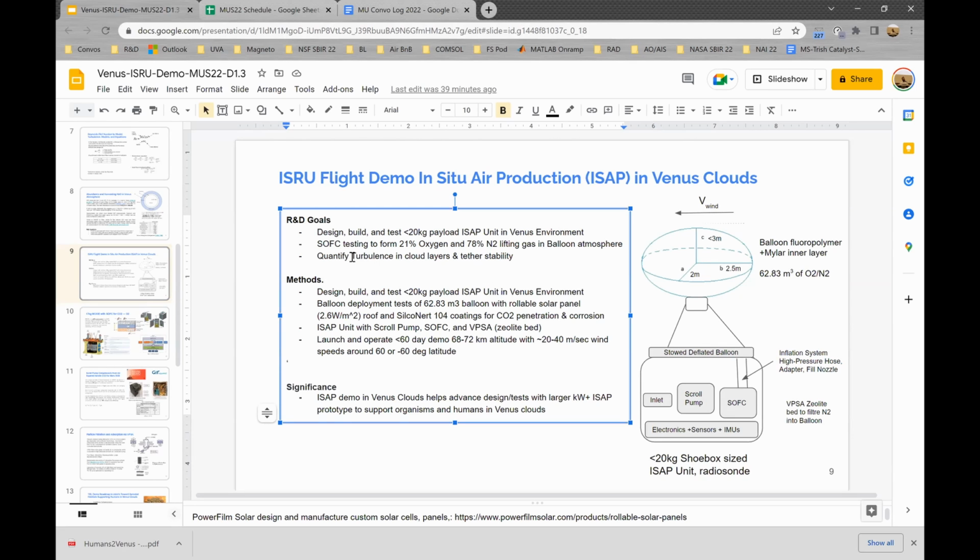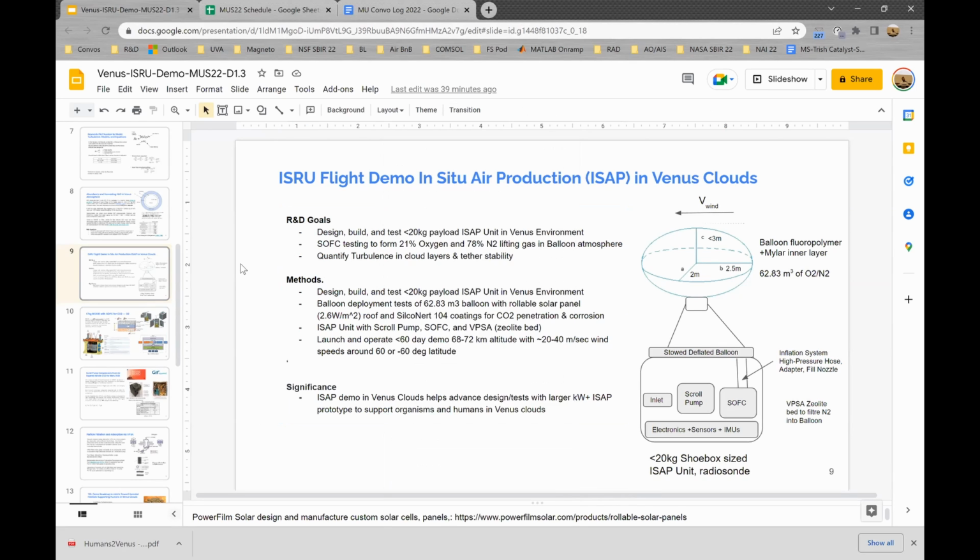And so another research goal is to really also help quantify the turbulence. And so I think a lot of the demos will help quantify the turbulence. And so we think that this could operate for around 60 days or less, and I think it makes sense to